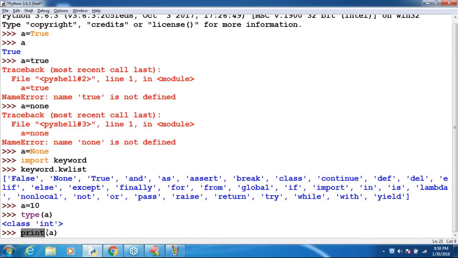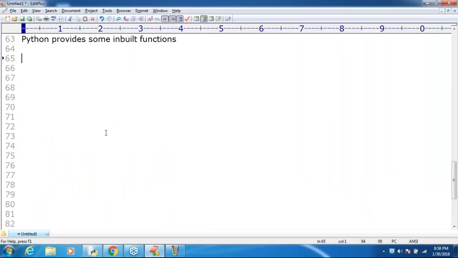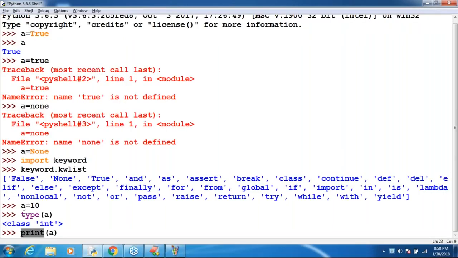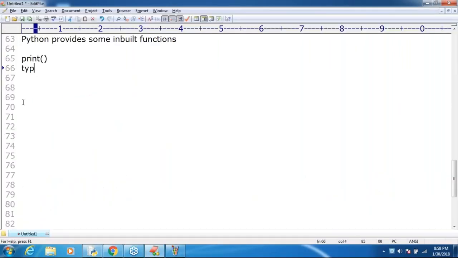Print itself is an inbuilt function to print the value of a. Now I ask, what is the type of a? Print is just to print. Type is to know the type of the variable, right?